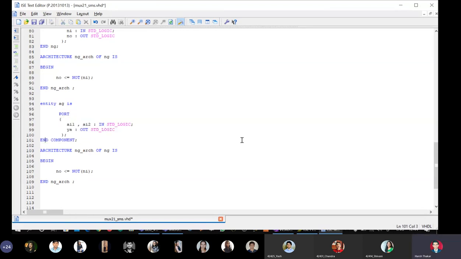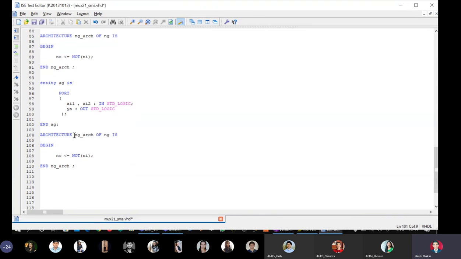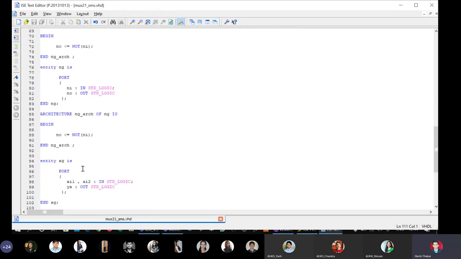I will just change this to the AND component, AG. It is simple. Everything else is the same. And in the architecture body, AG arch of AG is, and here I will write YA is assigned AI1 ANDed with AI2. This completes my EDAB pair for this.